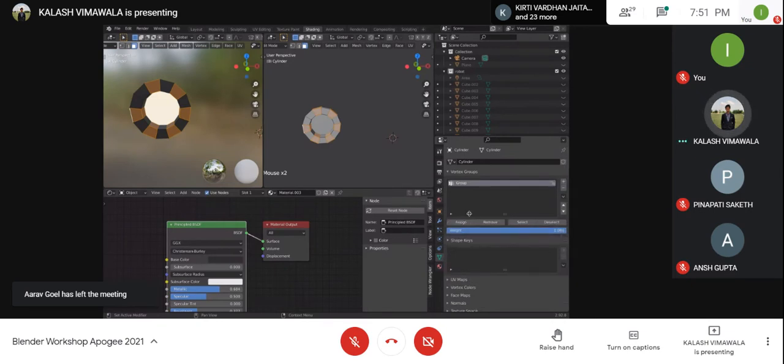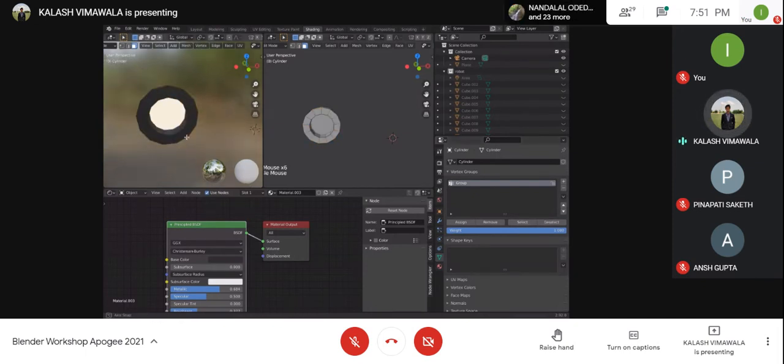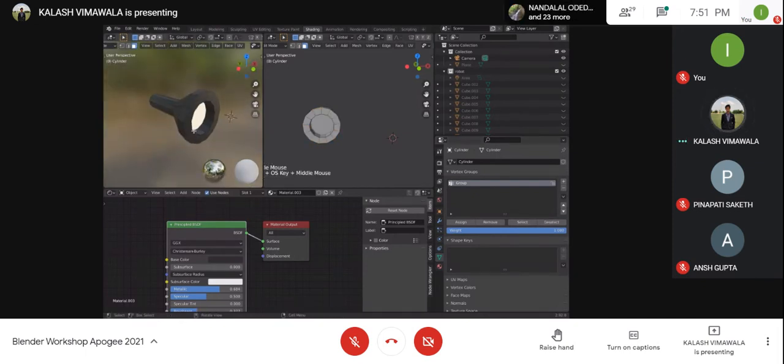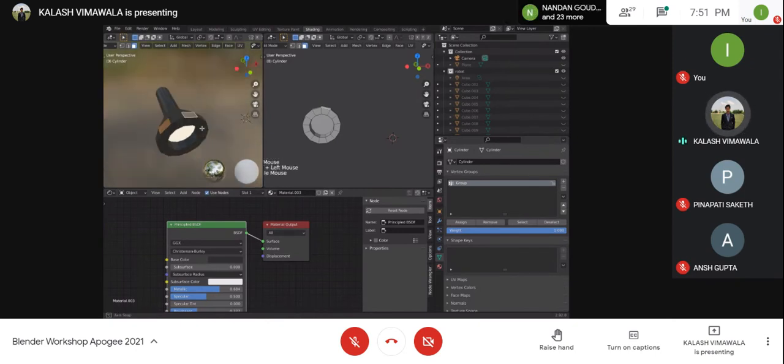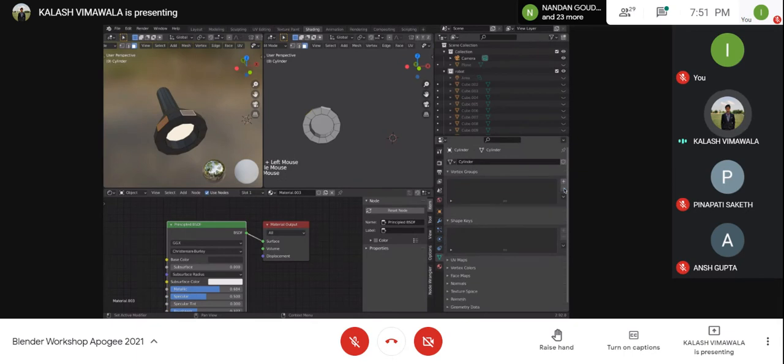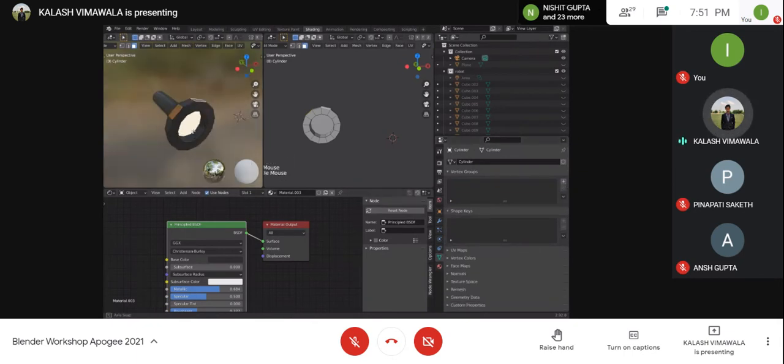I'll add a new group. I'll assign this, and now deselect this, select this. I think there's some problem with selecting it, but you can actually assign some faces a vertex group, and it will be made as a new group. So similarly, what I wanted to do is that I'll shift select these alternate parts of the cylinder over here.